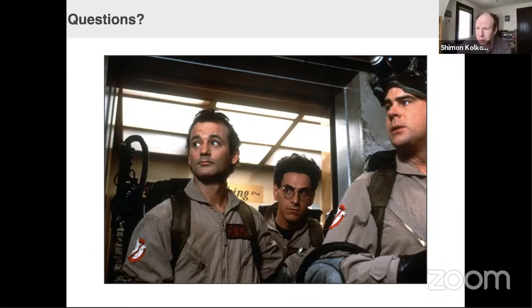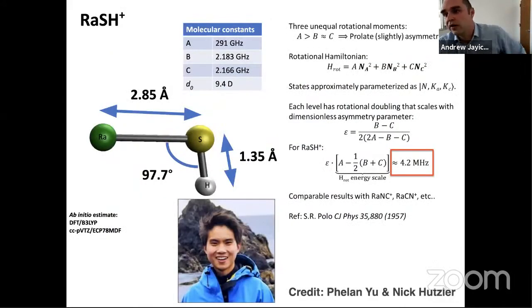Okay, and then we have a question from Dima Budker. So he's wondering, why is the molecule with sulfur better than the one with oxygen? Oh, great. Okay, sure. So this is why I call Nick. Okay, so